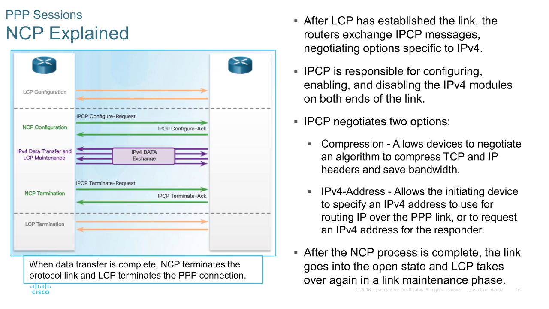But after LCP has established the link, the routers will have to go and do NCP configuration exchanges, so NCP negotiations, and then they will have to send what is called an IPCP configuration request and a configuration acknowledgement to establish the IP level